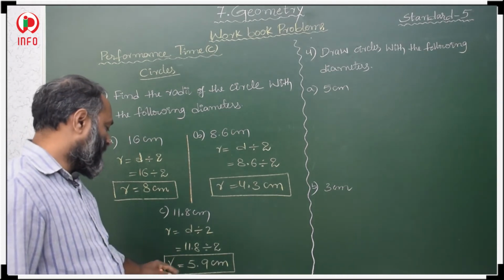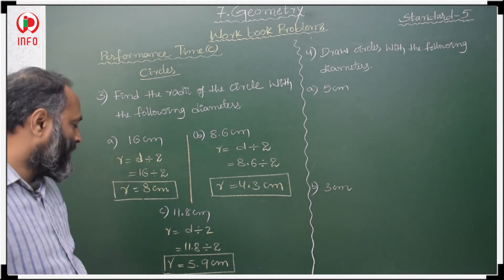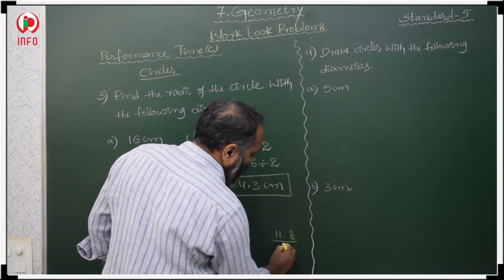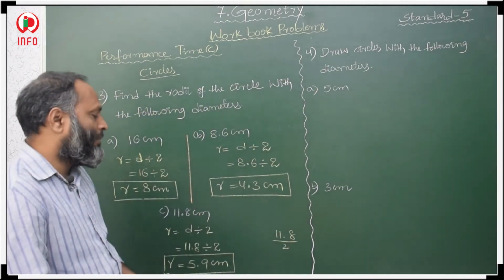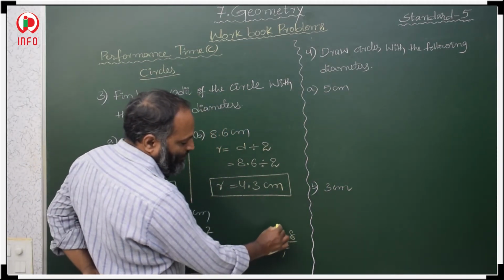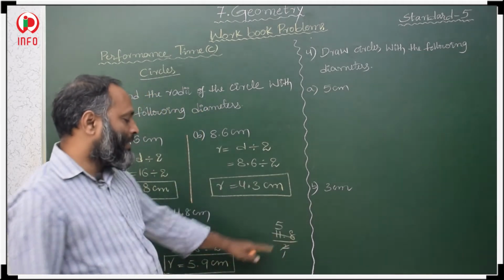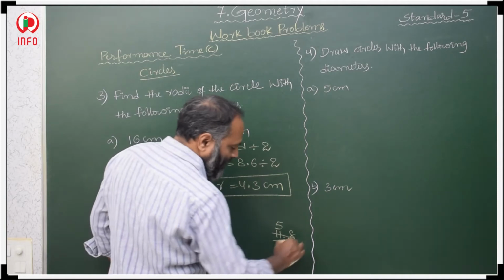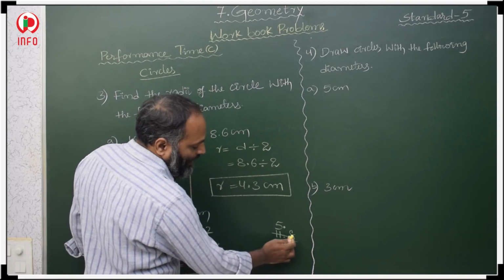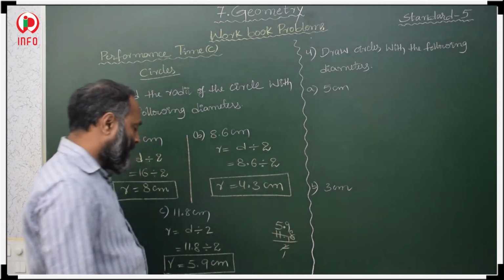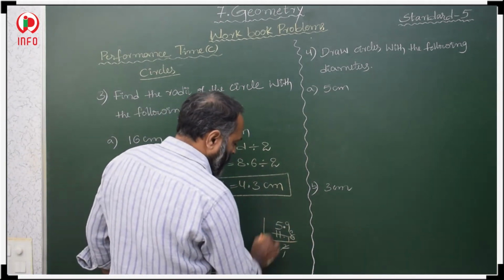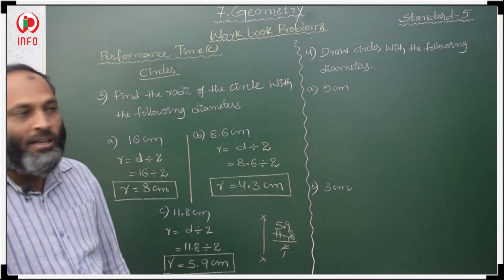So once you divide and check your answer, then you will get 5.9. How will you get 5.9? 11.8 divided by 2. Cancellation. These two are divided by 2. Then in 2 table, 2 1s are 2. In 2 table, when you get 11, 2 5s are 10. Here 11 is there, so 1 is left. That one we have to take. So it will come 18. Here the decimal will come, so decimal we have to keep. 18, 2 9s are 18. Like that you will get 5.9. You know cancellation or you know division. So divide or cancel, then you will get it.